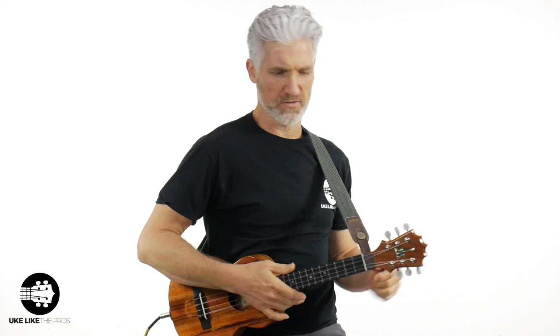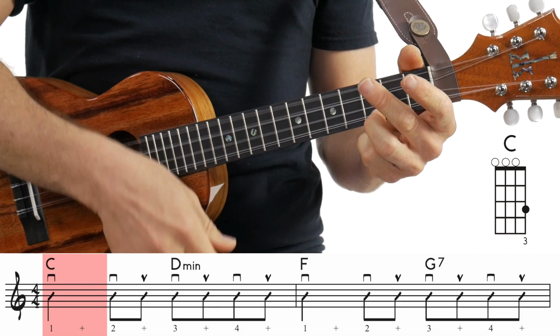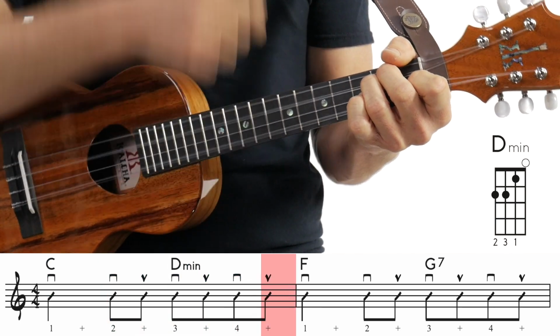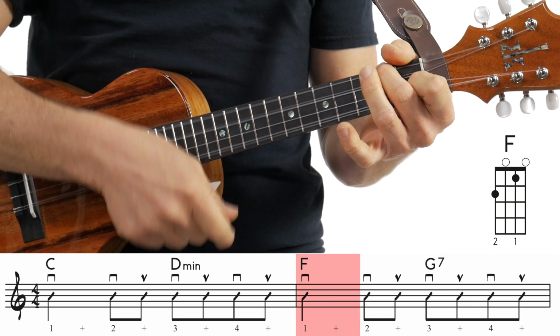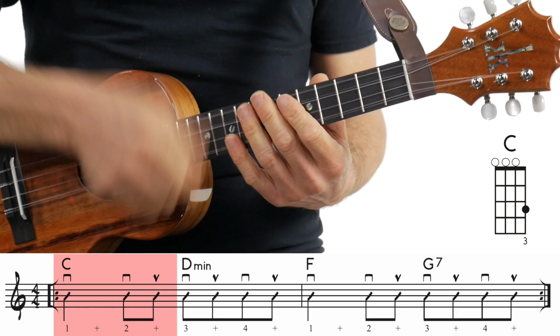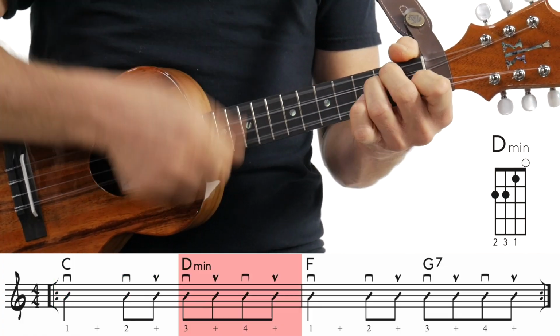All right, so the next part there, after the C to F, it's gonna go C, and we're gonna change the strum pattern a little bit. We're gonna take the mutes out because we're changing chords every 2 beats. So it's gonna go C chord, down, down, up, to the D minor, down, up, to the F chord, down, down, up, to the G7, down, up, down, up. Okay, and we're gonna do that 2 times. Do that with me, 3, and